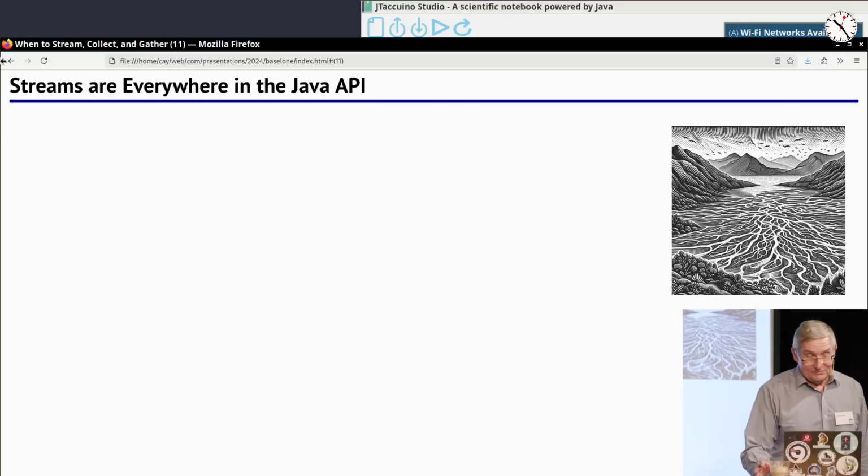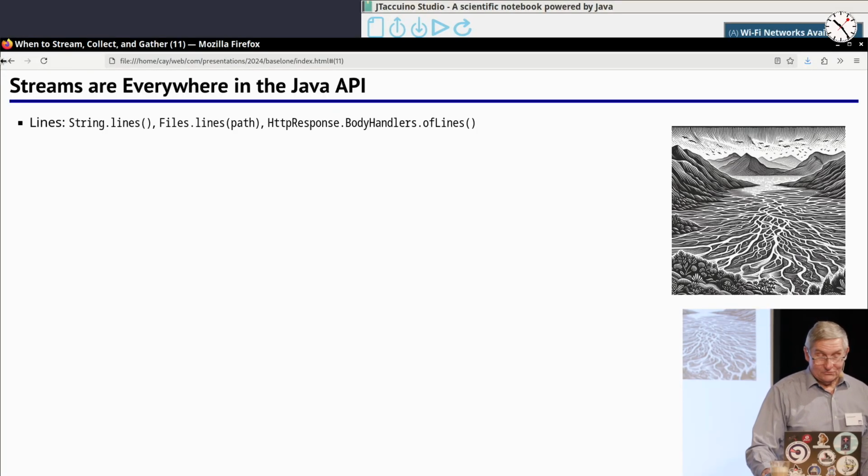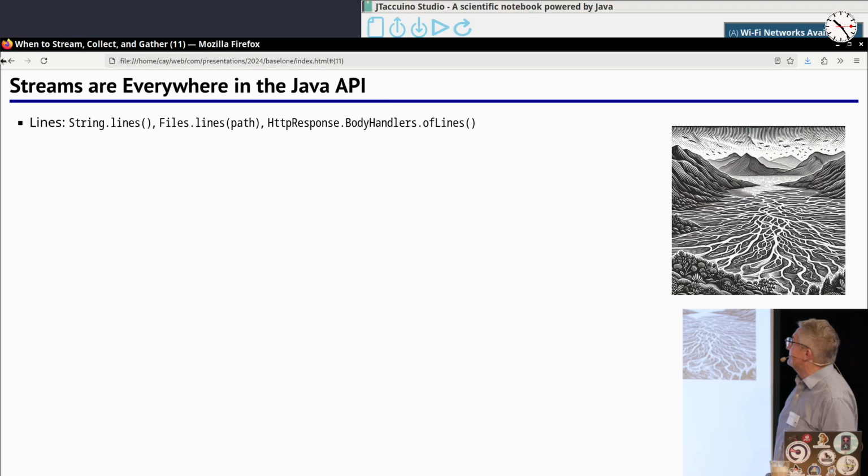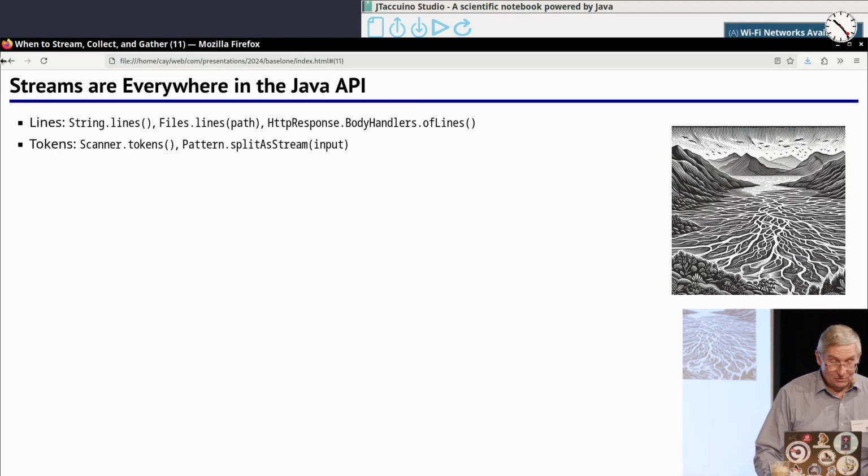That means you have to pre-size the array, or you have to post-size it and copy things around. And so these days, there's a lot of API that gives you a stream instead. So I'll give you a few examples, and I'd be interested in knowing if you know all of these. String.lines, Files.lines, HTTP response body handler of lines gives you a stream of lines, a stream of strings.